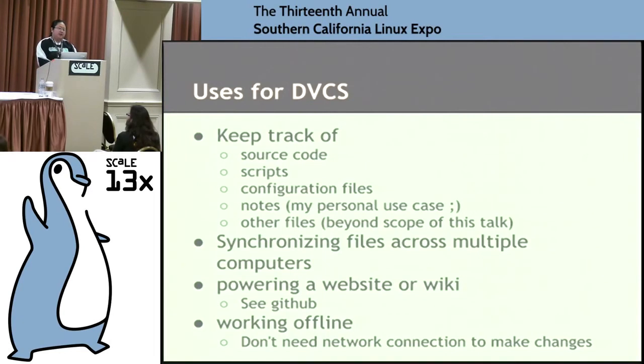And so I started using it for scripts. I use it for configuration files. I use it for my notes because I write my notes as text files. People start using it for other things, like synchronizing files. You can use it to deploy websites, for example. And if you are a GitHub user, you'll know that everything you get in GitHub, they will tell you it's a repo, it's a Git repo. Everything they have is pretty much a Git repo.